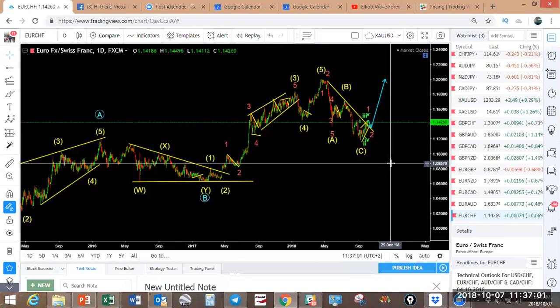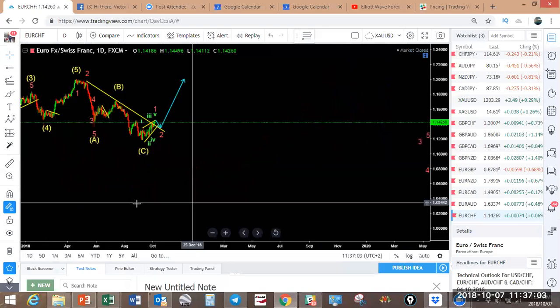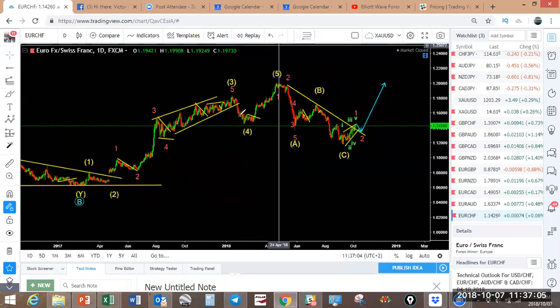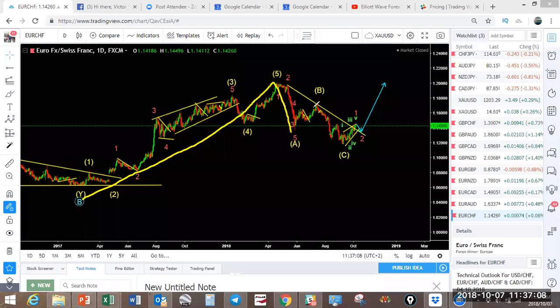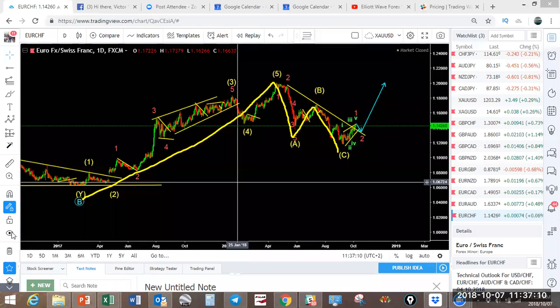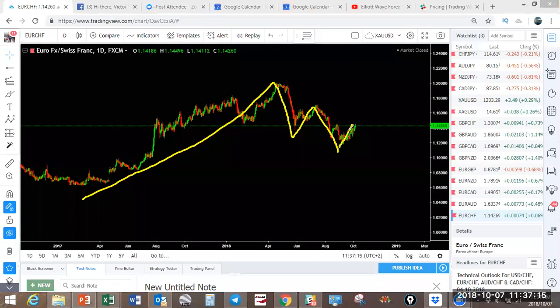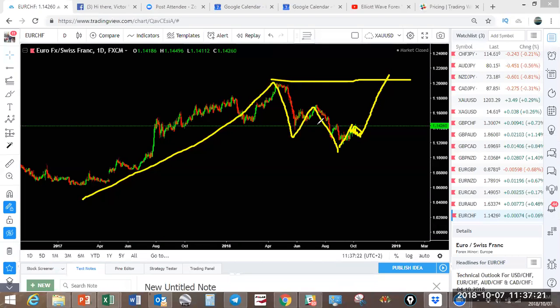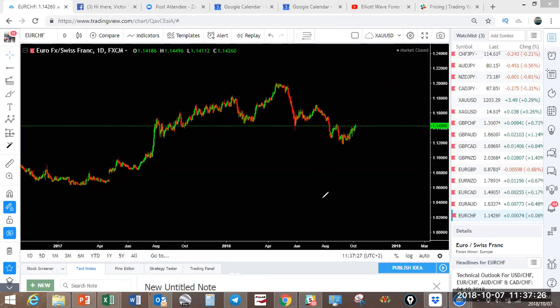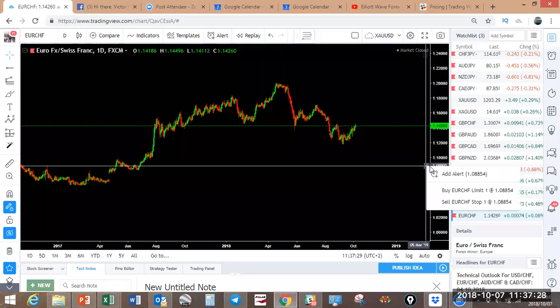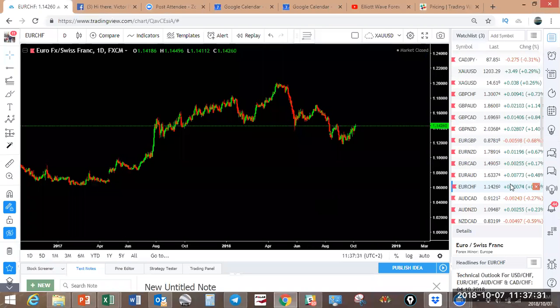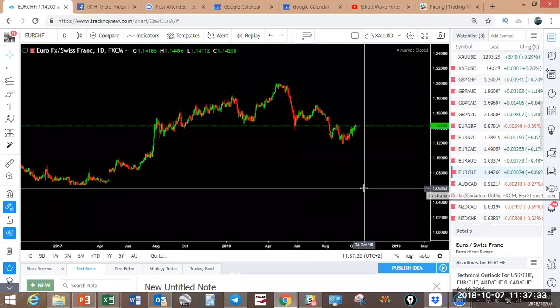Okay, we have made something like this. It's a move up. Now this has made a 3-wave pullback. Let's switch off there. It's a 3-wave pullback. And now this move is starting with a diagonal like that. So if it's starting with a diagonal like that and you get a corrective structure like that, we are going to retest this level minimum. So the euros are looking pretty strong in the next coming sessions. Right, so that's EURCHF. That concludes all the euro pairs, I think. Yes. Now let's look at some